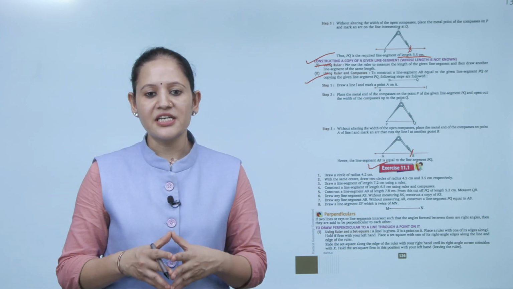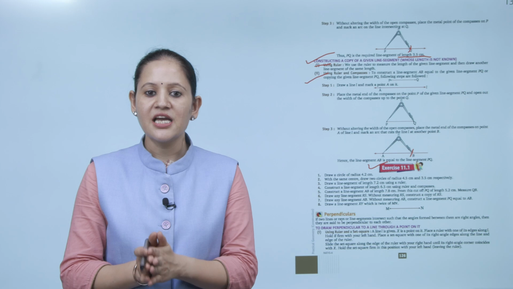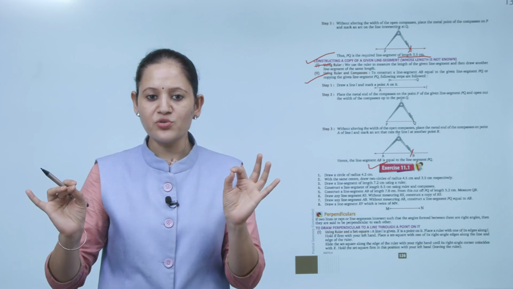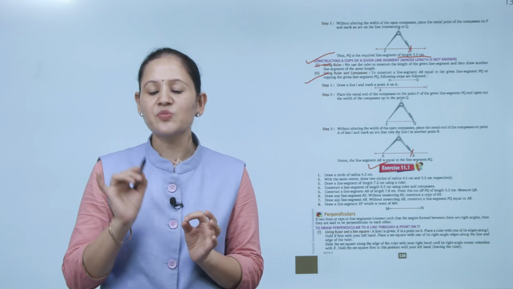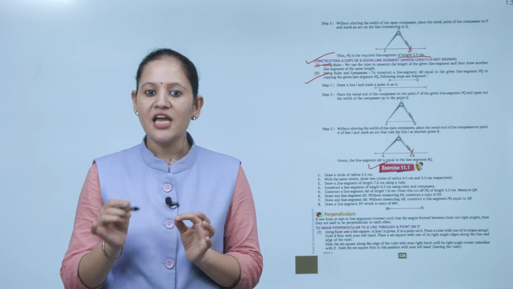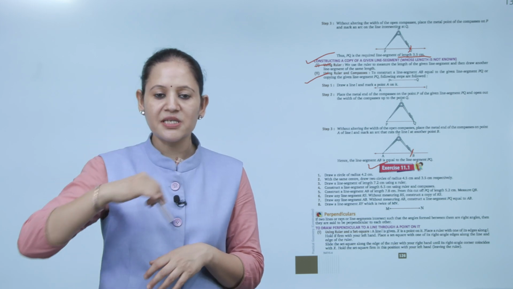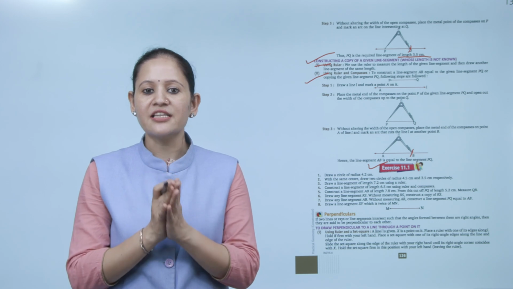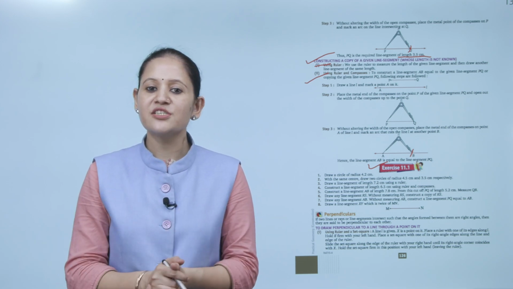Draw a circle of radius 4.2 cm. So first, what will we do? We'll take the compass and stretch it. We'll take a ruler and open the compass to 4.2 cm and place it on the paper. We'll take a fixed point O, that is the center of the circle, and put the metal tip on that point and, without disturbing its width, we will rotate it around. So the circle will be of radius 4.2 cm. Clear? So practice all the questions of this exercise.